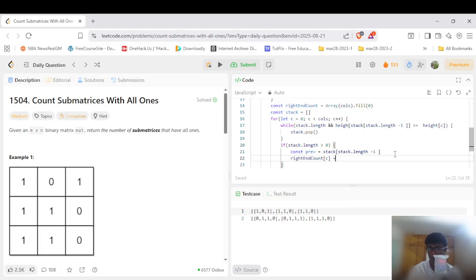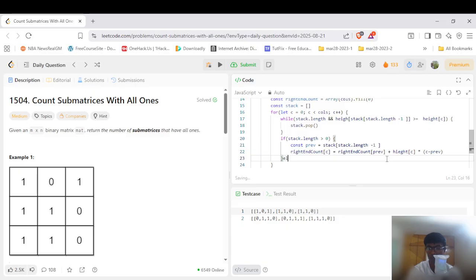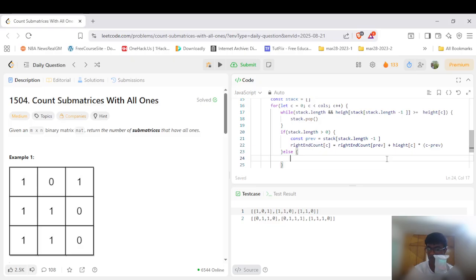Say, if it is greater than 1, then we increase it. Else we